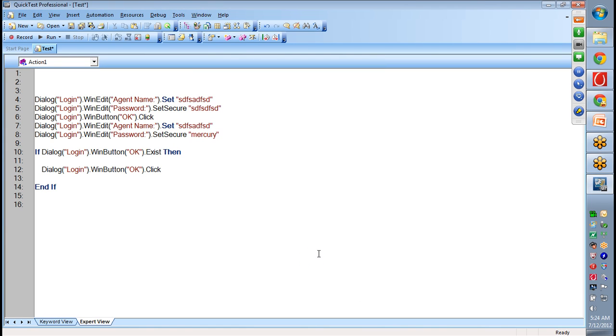And it's a very good interview question, they may ask you directly or indirectly. So you are getting an unexpected pop-up or unexpected object descriptions are changing. How do you handle those kinds of situations? Through a recovery scenario. And remember, they may ask you directly or indirectly how many types of recovery scenarios there are, and what different steps you have to follow